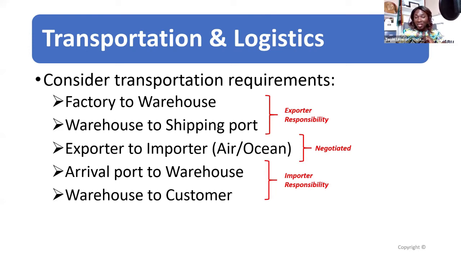When it then arrives here, when you pick it up from the airport to your warehouse, again, if it's volume, what's the shipping? And then from the warehouse to ship it to the customer. A lot of times people don't break down how shipping, logistics and transportation happen. There are multiple things happening to get a product from a factory to the US. You have to factor in each of the costs, step by step.